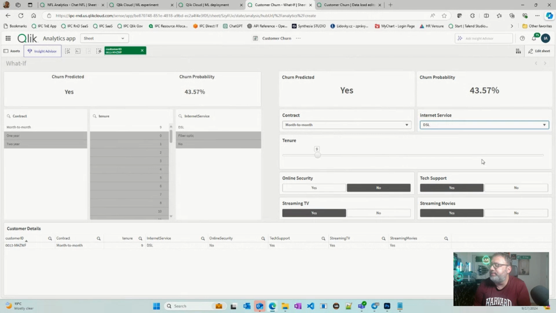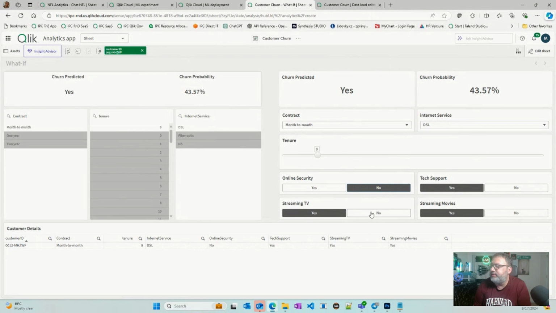So let's skip this. How about if they hire internet security? Well, then it changed. However, I don't think they're most likely to hire. I mean, they're trying to leave, so I have to do some kind of promotion that convinces them. So there's one possibility. Let's bring this back. What about tech support? They do have tech support. I want to keep tech support because that's related to customer satisfaction.